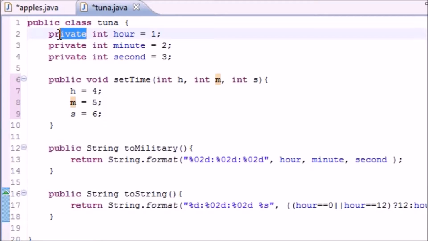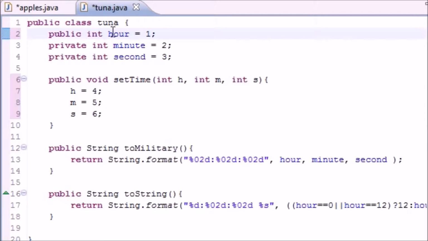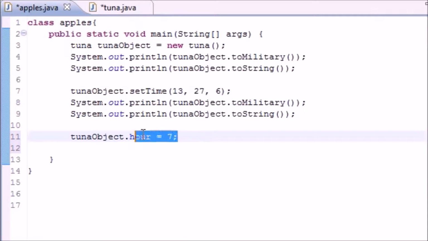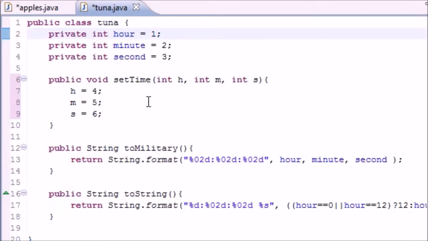So if we want to change that so these variables can be used in any class outside, we need to change that to public, and now you can see my little X went away. So now I can use a class outside to change the variables in another class. So let's go ahead and change it back to private, and make sure you spell it right, that's kind of important, and go ahead and delete this,